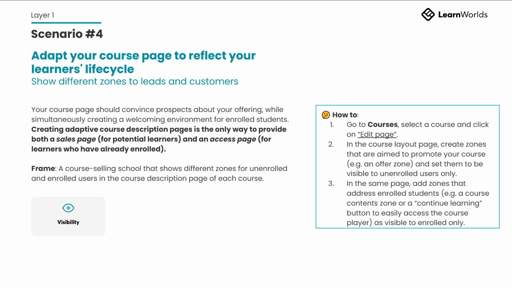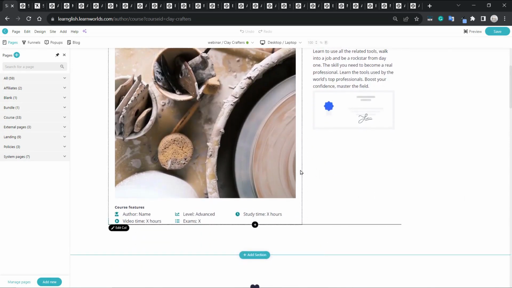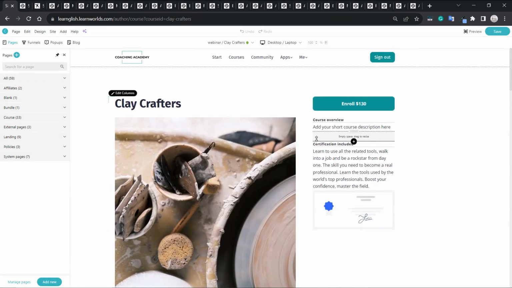Scenario number 4. Now, product pages usually have two statuses, one for promoting them and one for describing and accessing their content. But you do not want, and usually you cannot, create 2 pages for each product. You just need one. So how can you do that? So go over to a courses page, and right here you can add sections, and you can set it based on visibility so that some sections are viewed by enrolled users and some are viewed by